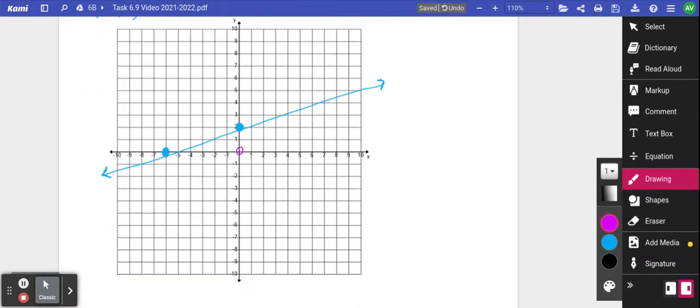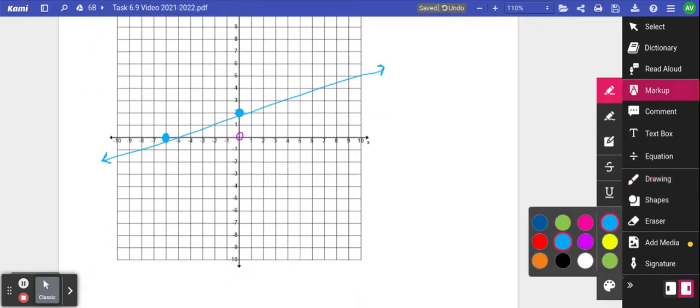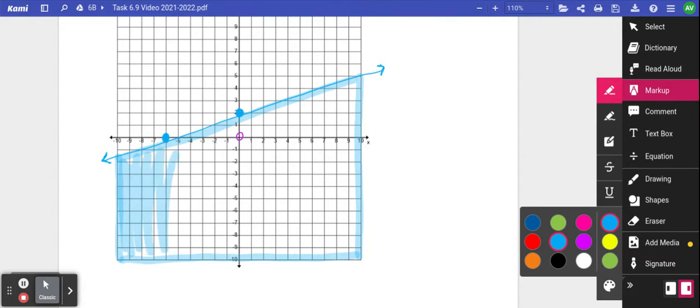That means that on this graph, I would now shade the side of the graph that has the point 0, 0. So it would be this side of the line that I'm going to shade. Now, if you're doing this with pencil on your paper, you're going to want to shade very lightly